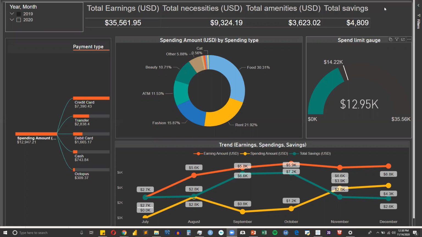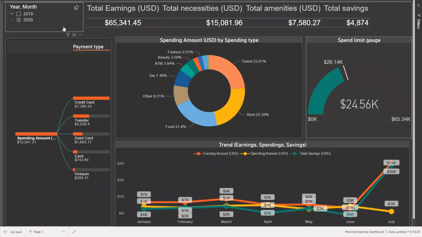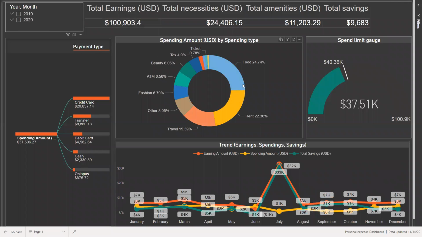So this is just showing a personal financial dashboard. This is just to show exactly how an individual has spent his money over the past 2 years. So this is what you have overall. Over the past 2 years, this person has earned $100,000, and has saved,